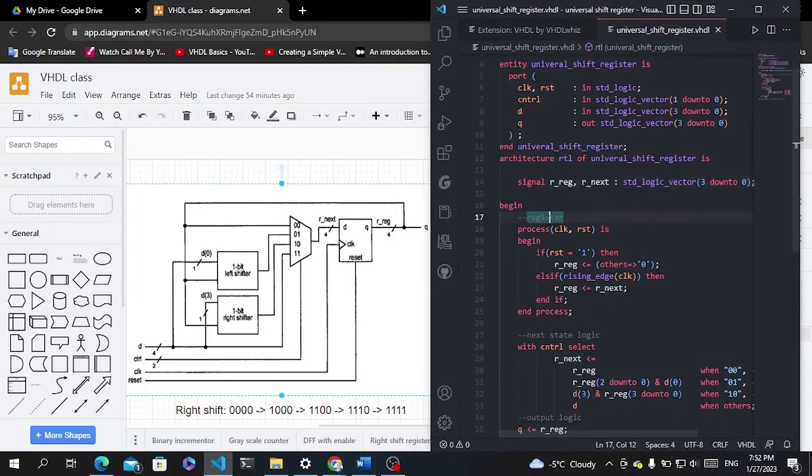Then we move on to, as usual, dividing our circuit into 3 different parts, where we have our registers, which are the D flip-flops, and then we have our next state logic, and we have our output logic. It's all centered on this particular register. So we write our register process